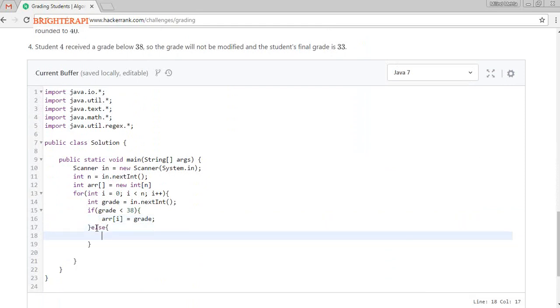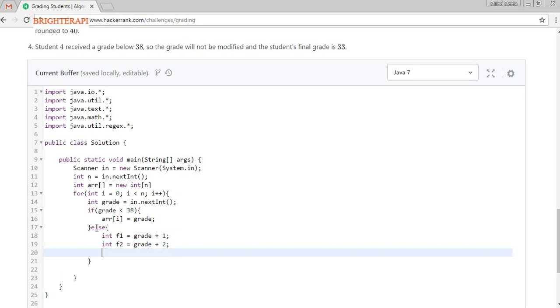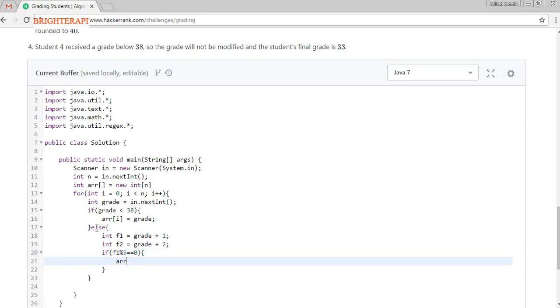In the else part, we take one variable f1, which is grade plus 1, and another variable f2, which is grade plus 2. We check whether each is divisible by 5, that is, whether the remainder is 0. If f1 percent 5 is equal to 0, then array of i is equal to f1.